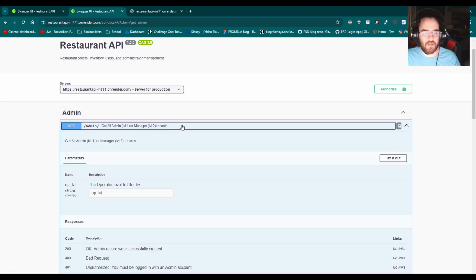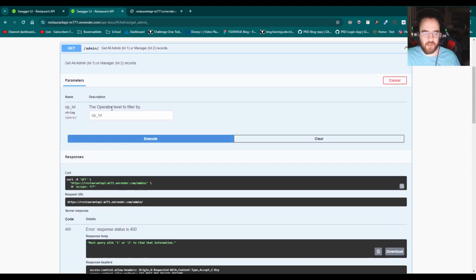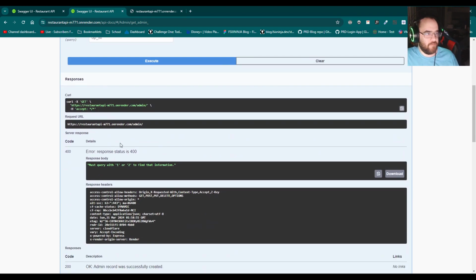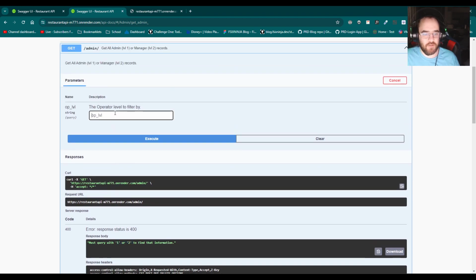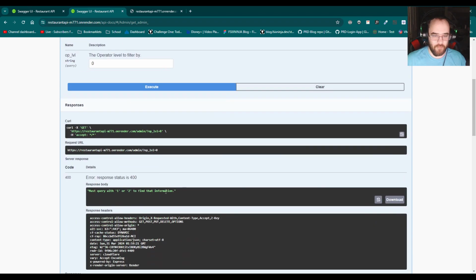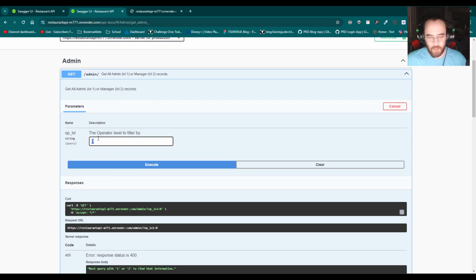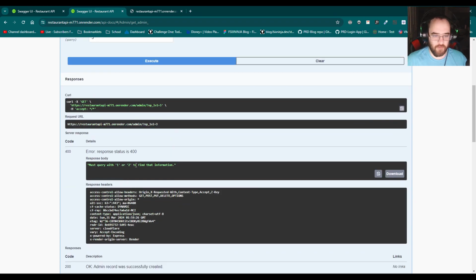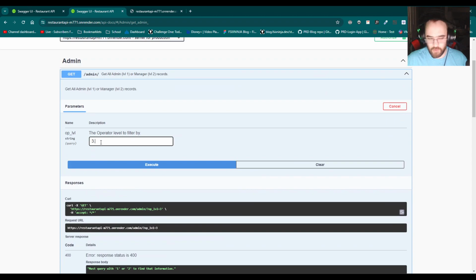Okay, so now if I try it without putting anything in there, now I'm able to get past the 403. And you can see I got a query with a 1 or a 2 inside this box to be able to find anything, because the purpose of it is to get all level 1 or level 2 records in the admin database, or in the restaurant database admin collection, let's put it that way. So I'm going to put in not 1, get the same error. How about not 2 and not 1? Say 3, okay. If I did 3.1,